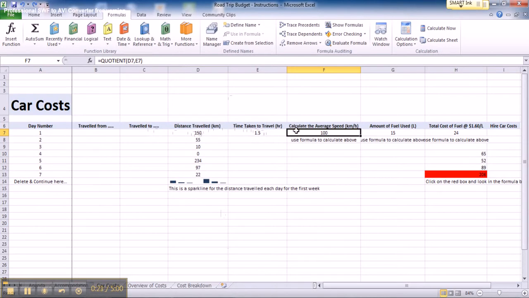Given that the speed is equal to the distance divided by the time, you can see that the formula we've used here is a quotient formula which divides D7, 150, by E7, 1.5 to give us an average speed of 100 kilometres per hour. If we go down to, let's say, day number 5, we've travelled a distance of 234